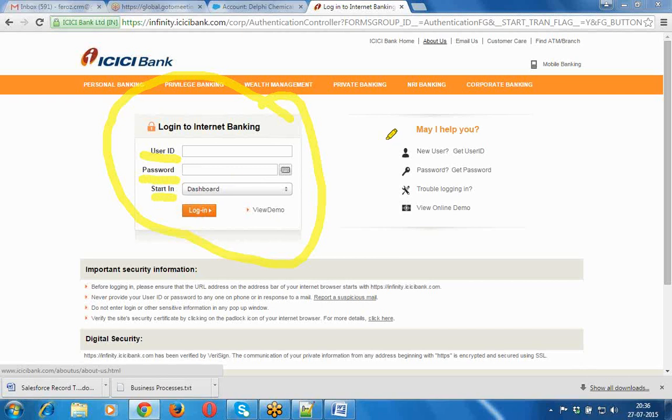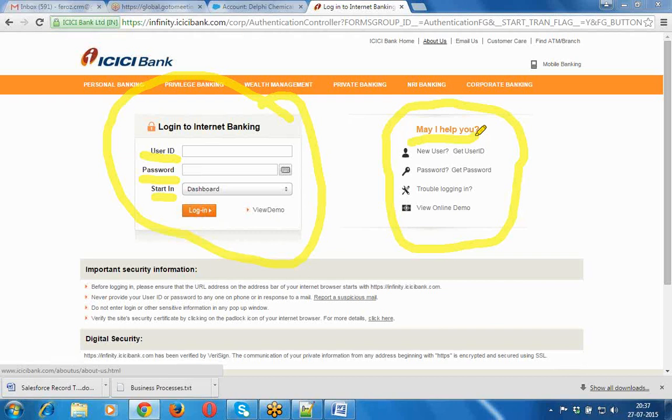And along with that, when coming to this banking, they have provided some options also to you. Whenever you want to get your user ID, or if you want to reset your password, or whenever you are facing any problems while logging into that online banking, then we can raise some requests or we can raise some queries also. So for that, they have given some options to you like "May I help you". Nothing but this is help information for you in order to get some clarification from the ICICI Bank people.